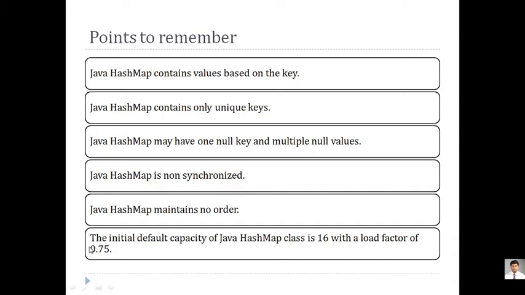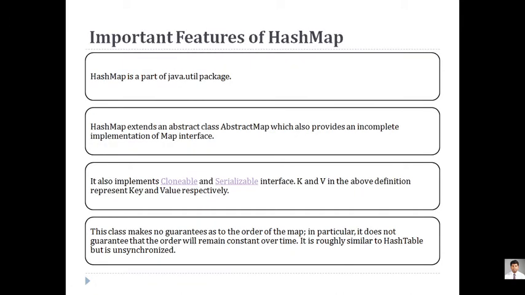When you go for O notation log n, that type of execution takes more time. But when you go for the hash map, because it follows a load factor of 0.75, you can search for what exactly a load factor is. So this is the 0.75 load factor. It is faster for execution compared to other data types we have seen in the collection framework.